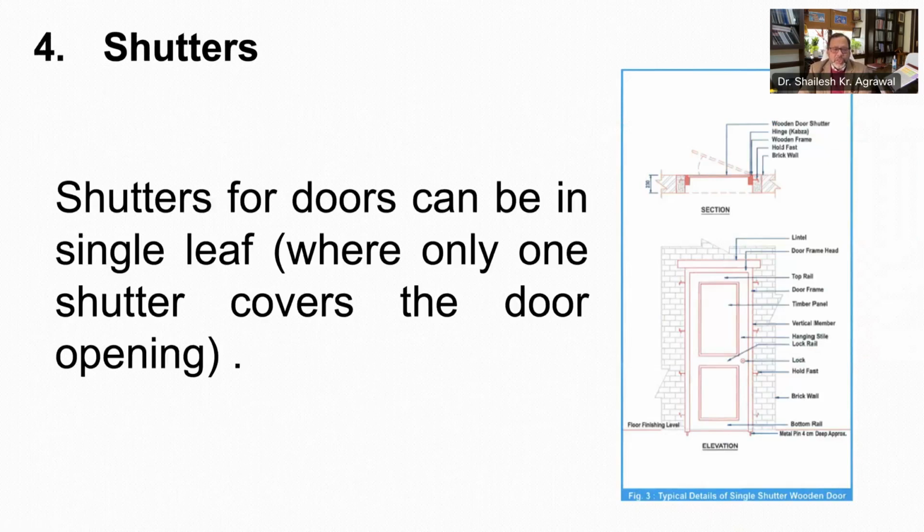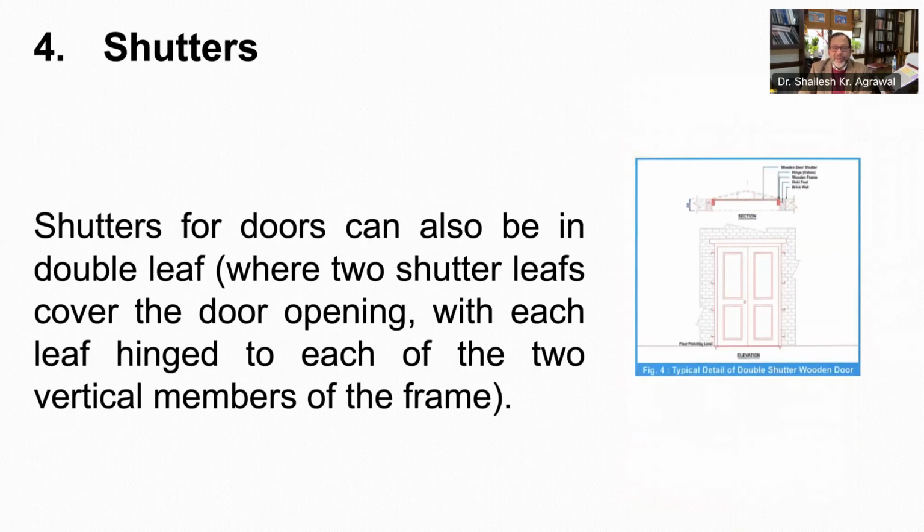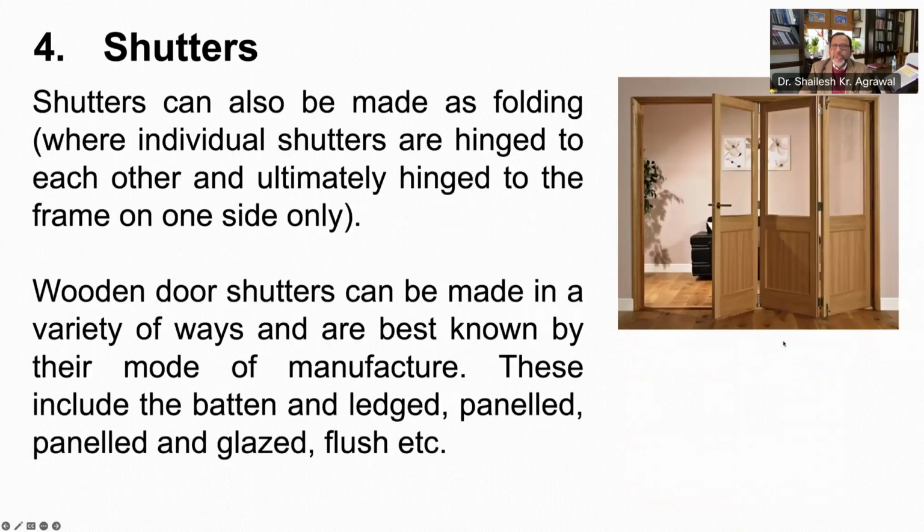As you can see in this picture, shutter can be single leaf, where only one shutter covers the door opening. Shutter can also be double leaf, where two shutter leaves cover the door opening, with each leaf hinged to each of the two vertical members from frame as shown in this picture. Shutter can also be made folding, where individual members are hinged to each other and ultimately hinged to the frame on one side only. Door shutters can also be battened or latched or paneled or flushed depending upon their mode